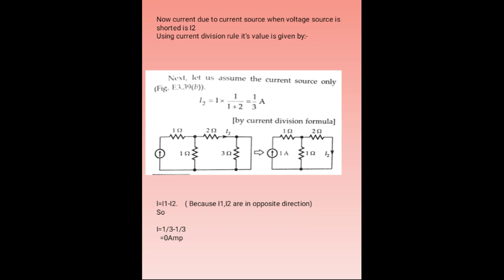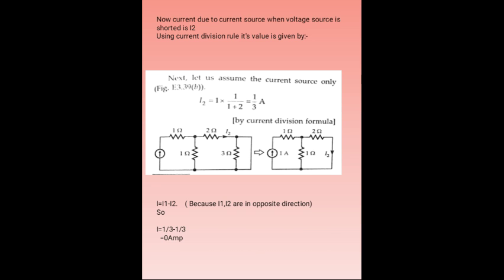We see that when we short the terminals, then the 3 ohm branch is removed from the circuit because there is no role of the 3 ohm branch as its terminals are shorted. So this branch is removed. Now the simplified network consists of 2 loops. Now the value of current in 2 ohm, that is I2, we have to find.